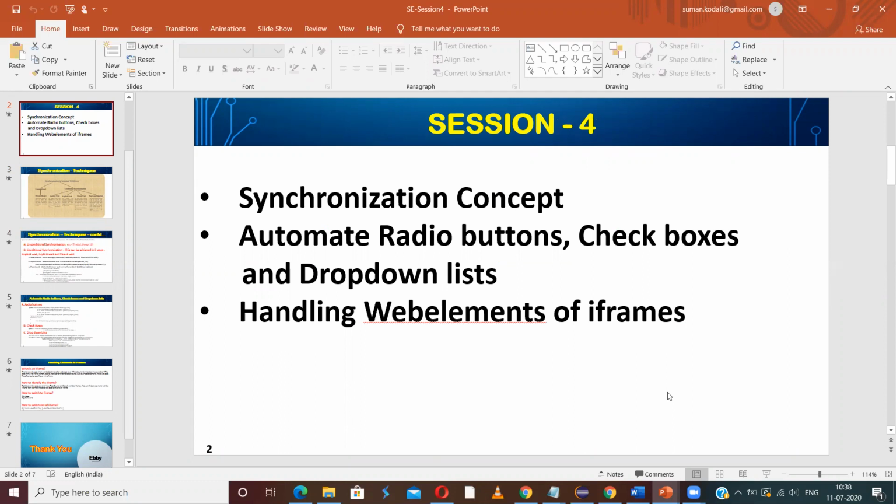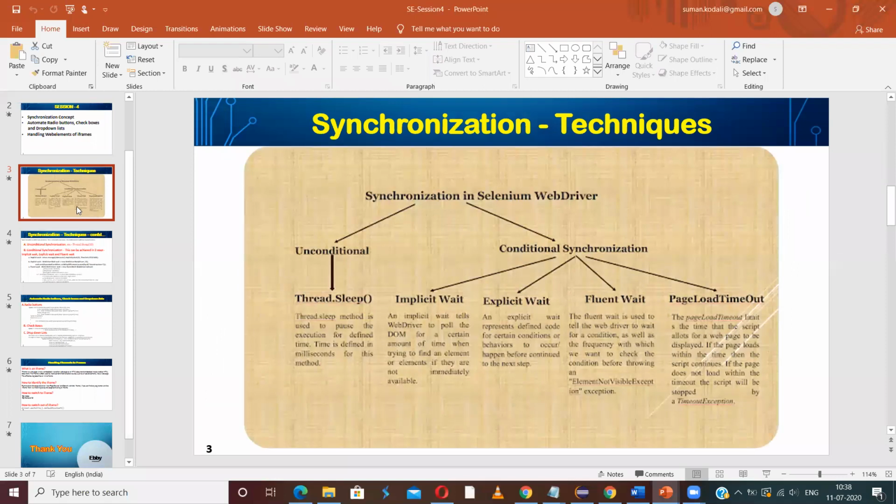So these are the concepts that we have covered in the session 4. The first topic is the synchronization. Synchronization is needed so that the Selenium will perform actions on the web elements only when they are available.